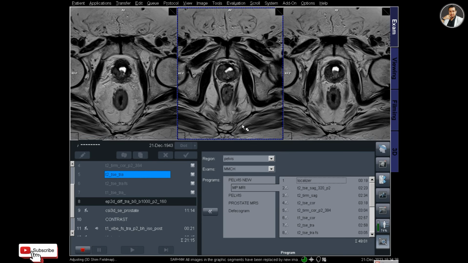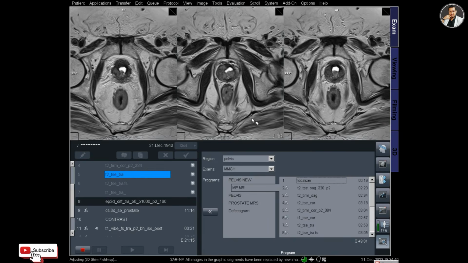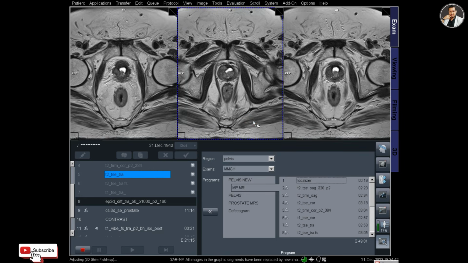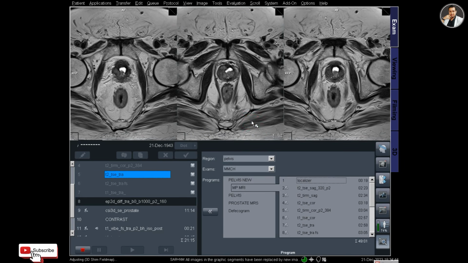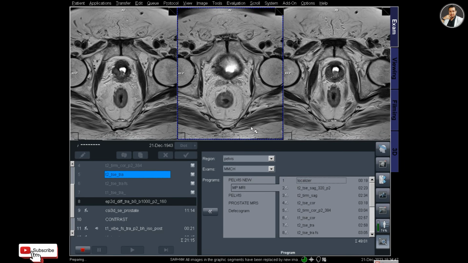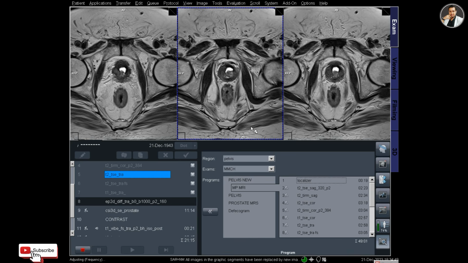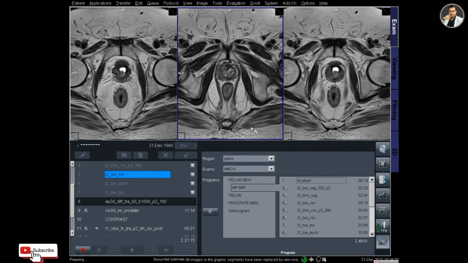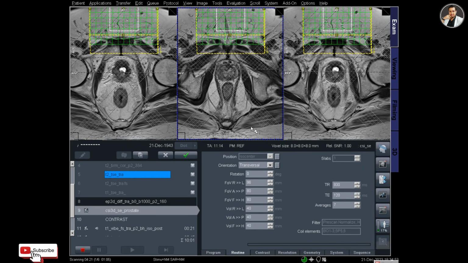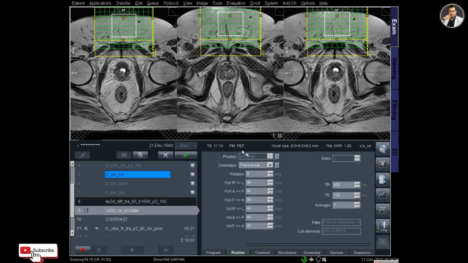So I'm finding the proper axial slice to plan the MRS protocol. You can see that the number 9 protocol is CSI 3D SE, and this is the MRS protocol that is opened.